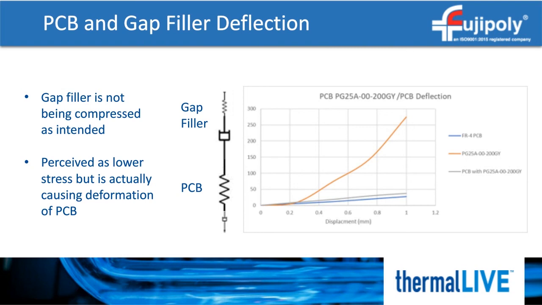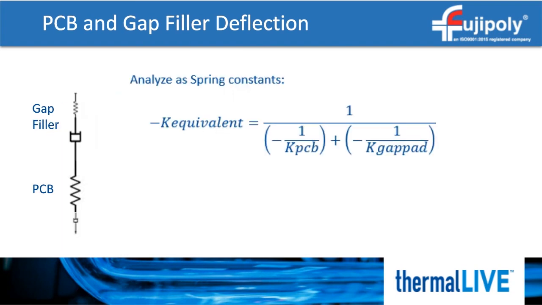Something else you can do is to look at the stack-up as a sort of pseudo-spring constant. I say sort of spring constant or pseudo-spring constant because in this case, we're lumping together the rate dependency and the elastic component into one constant. To do this, we have to know the rate of compression, but that is easy to do with the datasheet value. And if you can get a spring constant for your PCB assembly, you can create an equivalent spring constant